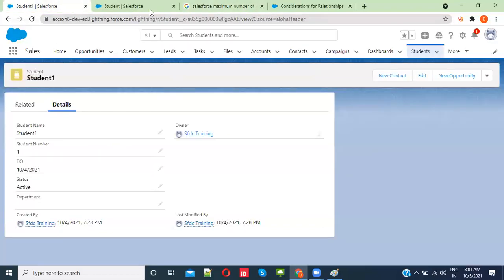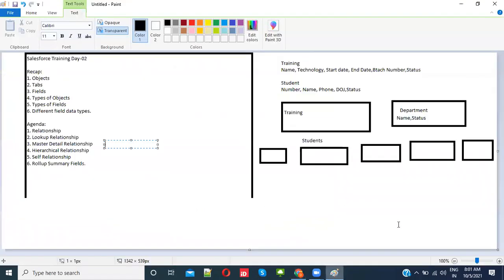Okay, so as of now, 40 relationship fields are allowed. Out of them, only 2 can be master detail. Only 2 master details are allowed per object.